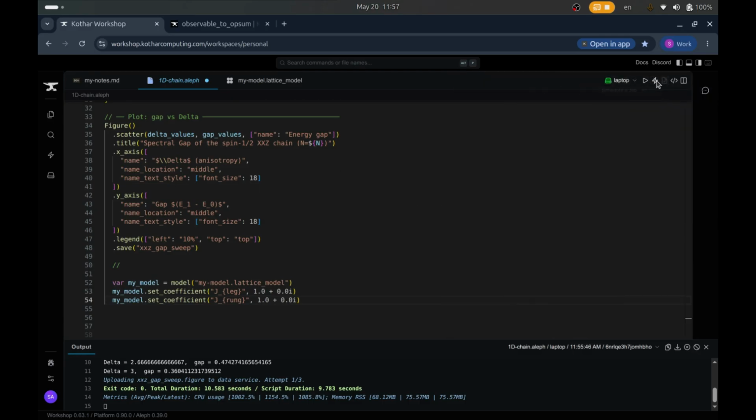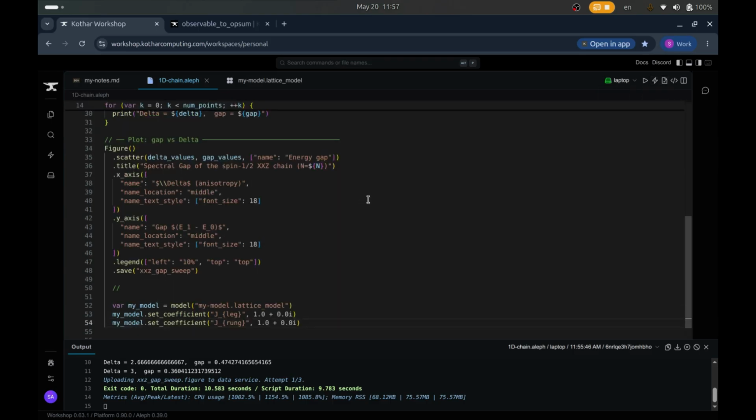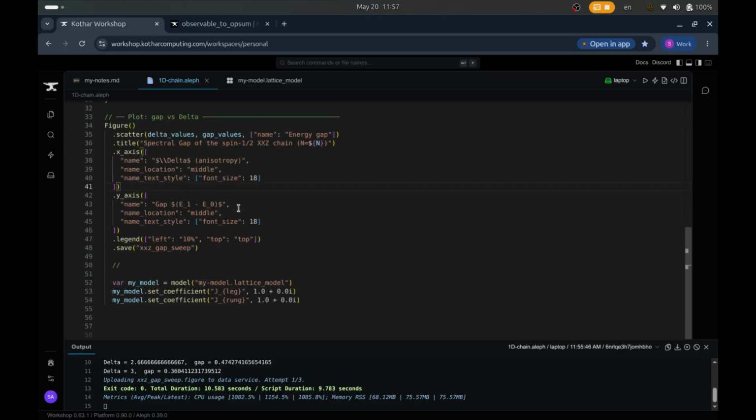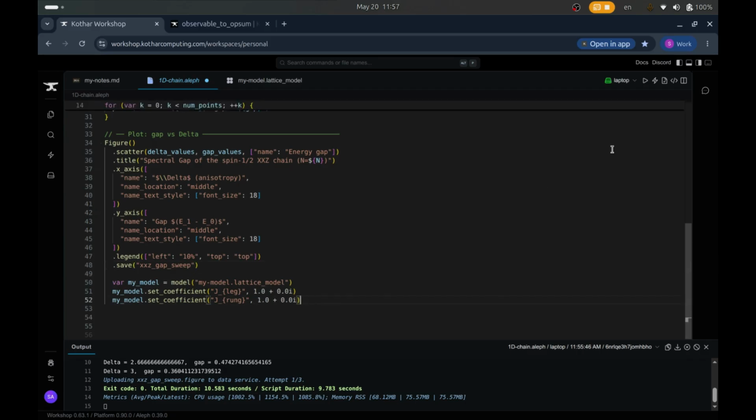Okay, that is our quick tutorial for today for getting started with Aleph, setting up your agent, a little bit of coding, introduction to the operator framework, which is symbolic, but can be used for numerical payloads. Here, I didn't talk about converting to matrix form. You absolutely can. You do matrix, and then your operator in here, and then it'll turn it into a matrix, and then you can work in this matrix form. Yeah, so just things that you need to be aware of. Right. So that's it for the